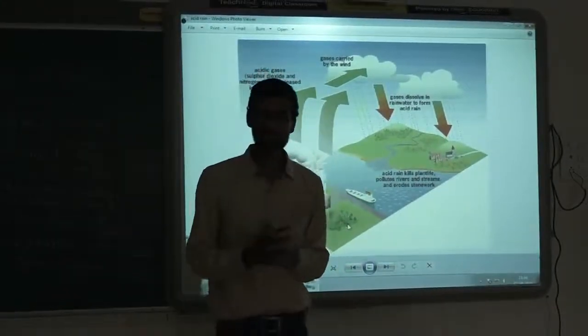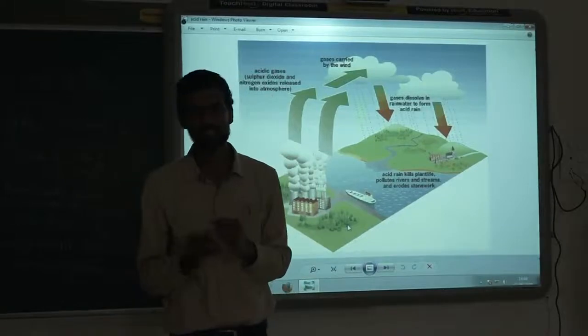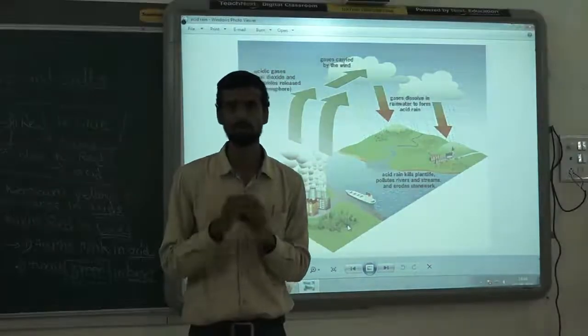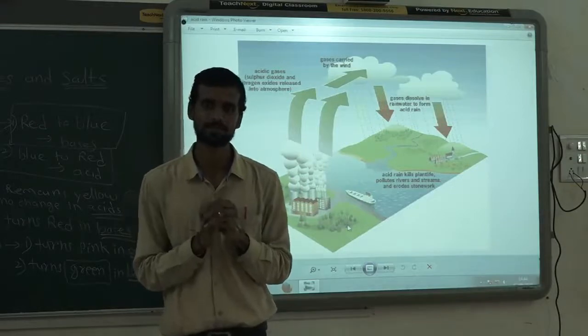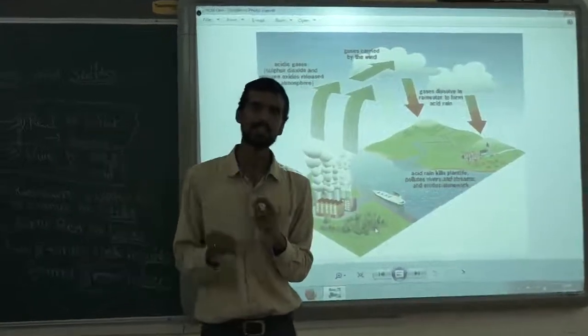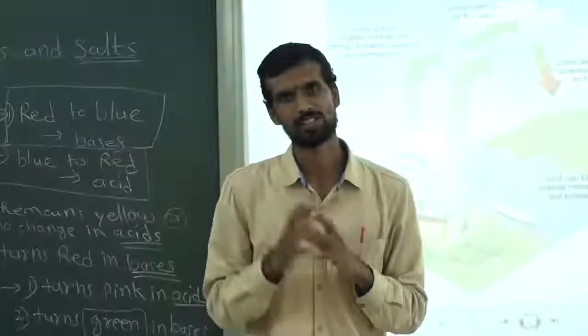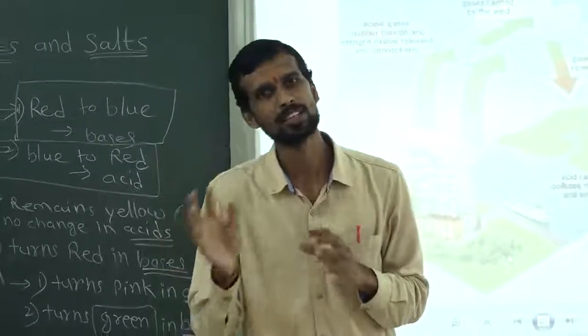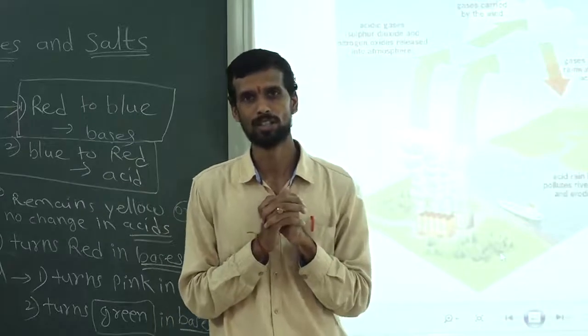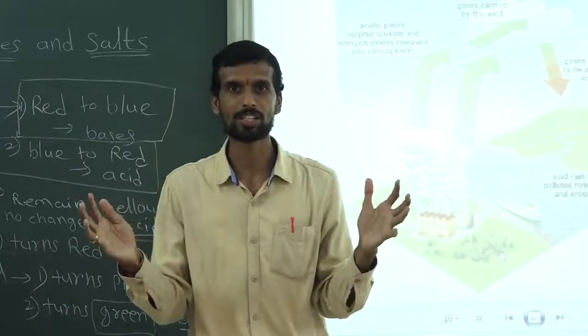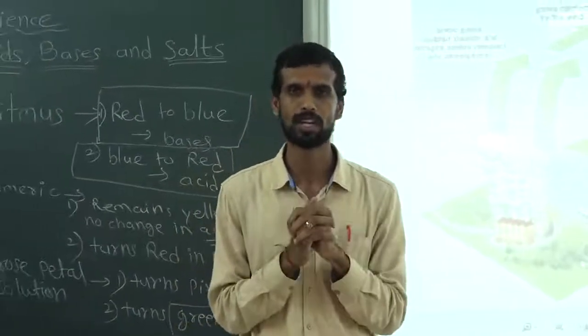Okay, factory waste is also there. Many factories release the waste in water, directly in the water. So what can we do? This factory waste generally contains a lot of acid. So this factory waste can be treated with the base, and then it can be released in the water. So there will be no harm to the water. So this is how neutralization reactions can be used in our day-to-day life.